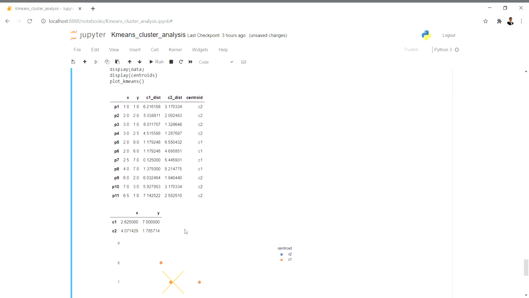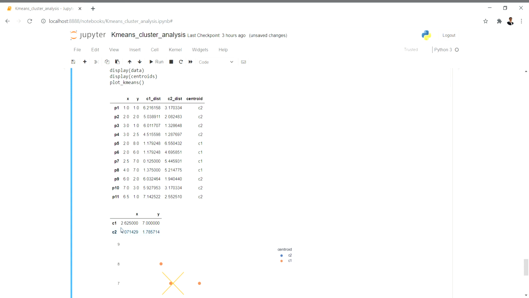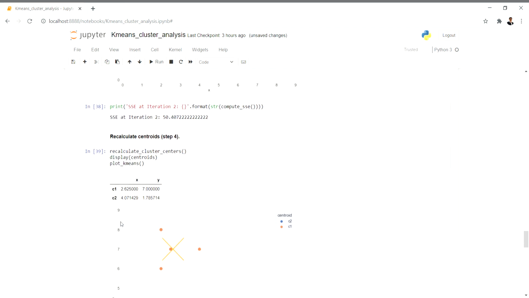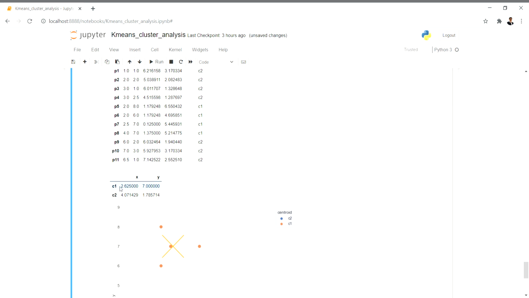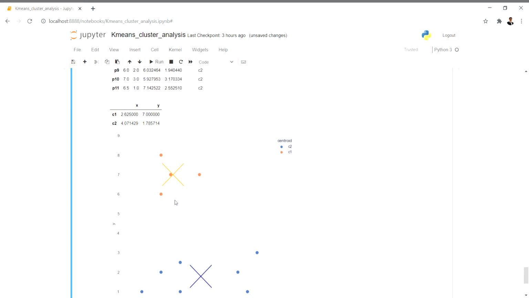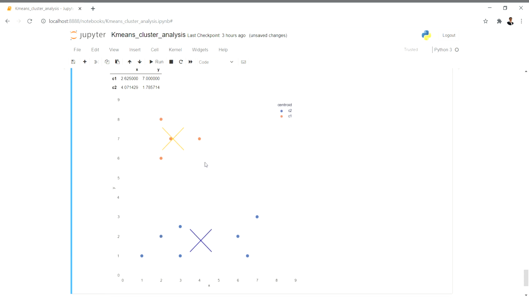Okay, so at iteration 3 you get this, that is we observe the values are the same, 2.627, 4.07, 1.78. So we can stop at this iteration, because after this it will be a waste of time, since the cluster centers are not changing, meaning they have fixed their positions.